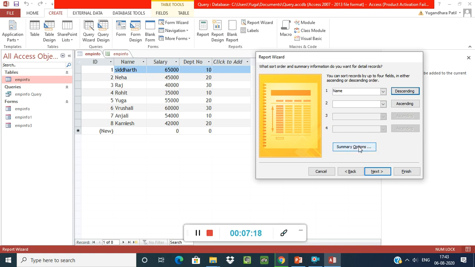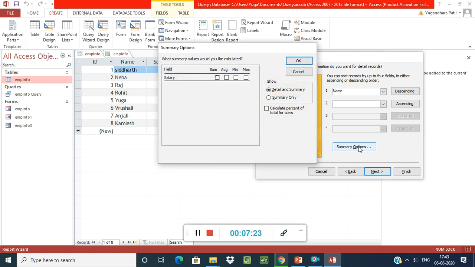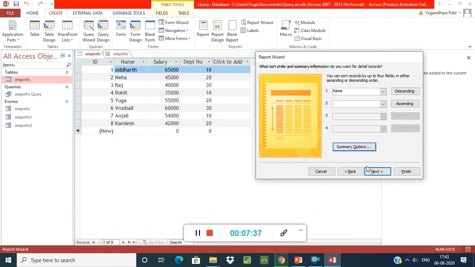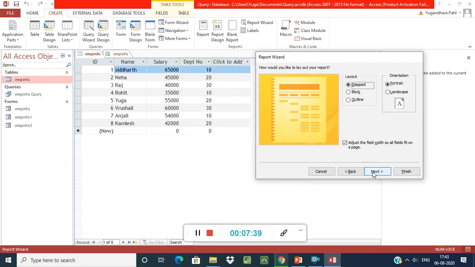You can also see the summary option here. If you want to calculate the salary, like sum, average, minimum, maximum, then click on yes, otherwise don't. Then click on the next button.